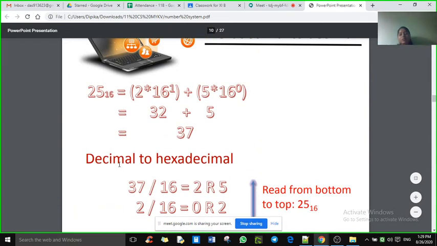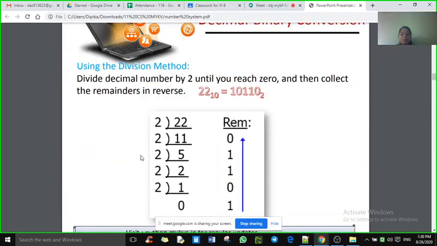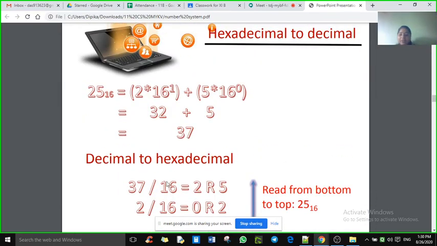Now you are supposed to convert from decimal to hexadecimal. So in this case, how will you convert it? In the first case, you used multiplication, but now you will use the reverse operation. That is, instead of using multiplication, you will use division. And division by what? As in this case, you divide it by which number? Aisha, for binary you used which number? Ma'am, 2. 2, correct. So for hexadecimal, which number will be used? Ma'am, 16. 16, correct. So you will use 16.